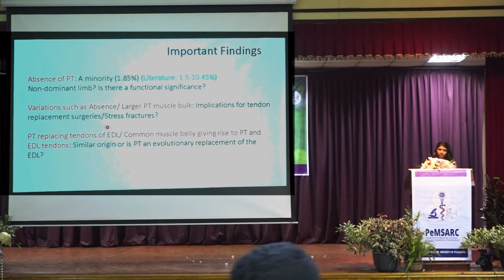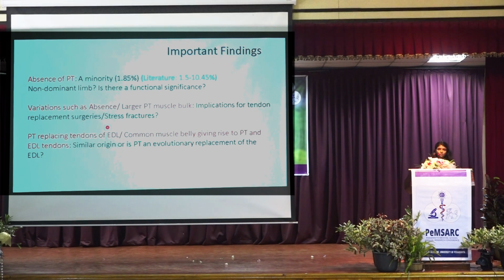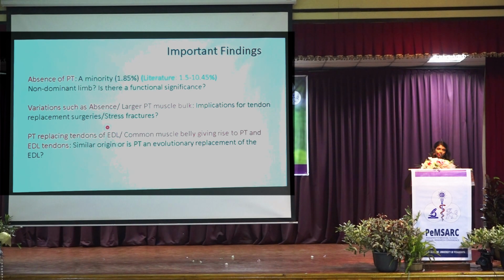So the absence of peroneus tertius is a minority. It is present in most human beings, right? And it was absent in the left limb. Although we don't have information on the dominant side of the person, considering the majority, if we think that it was the non-dominant limb, we could consider whether there's a functional significance